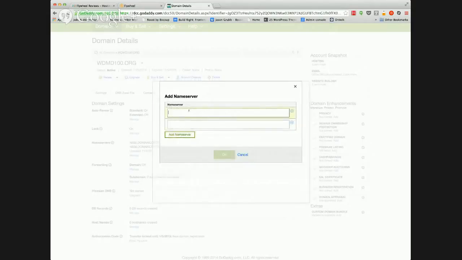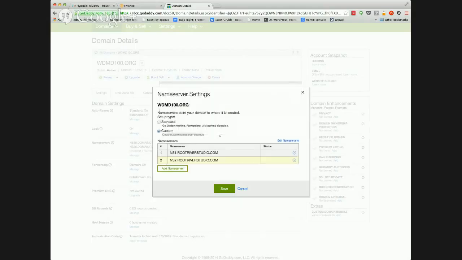And so what happens is your host tells you to enter in name servers. And the name servers for my web hosting are, there we go. Now, the reason why we set this here is because GoDaddy will now go back and tell those top level domain servers and the root DNS server that this is where